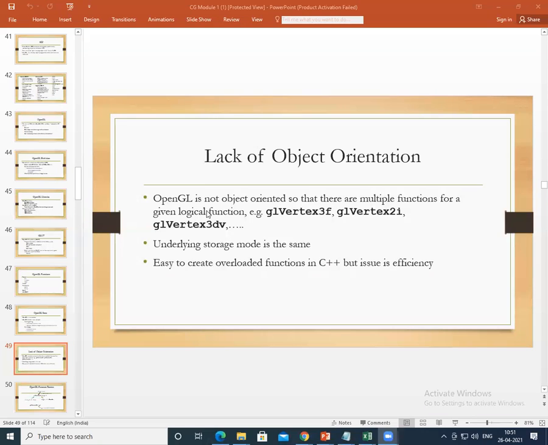Once again, what is the lack of object orientation? That is, OpenGL is not object oriented. There are multiple functions for a given logical function: glVertex3f. Usually we use these functions. This is to identify the vertex on the given coordinate system. I just discussed what glVertex3f is in the last class.